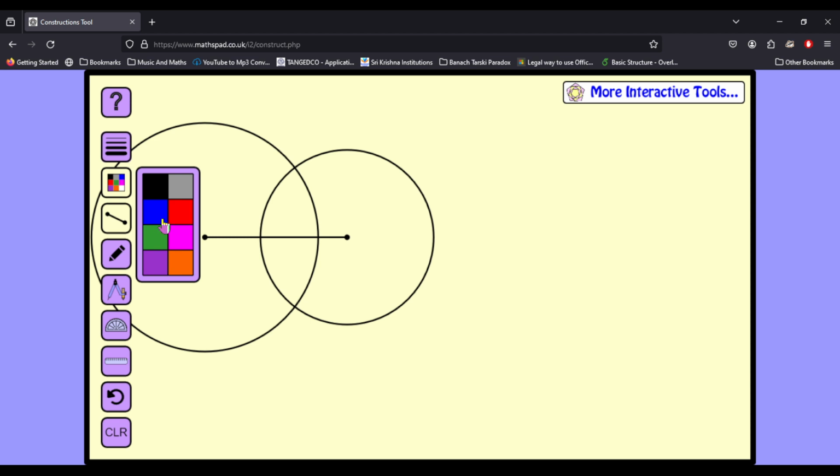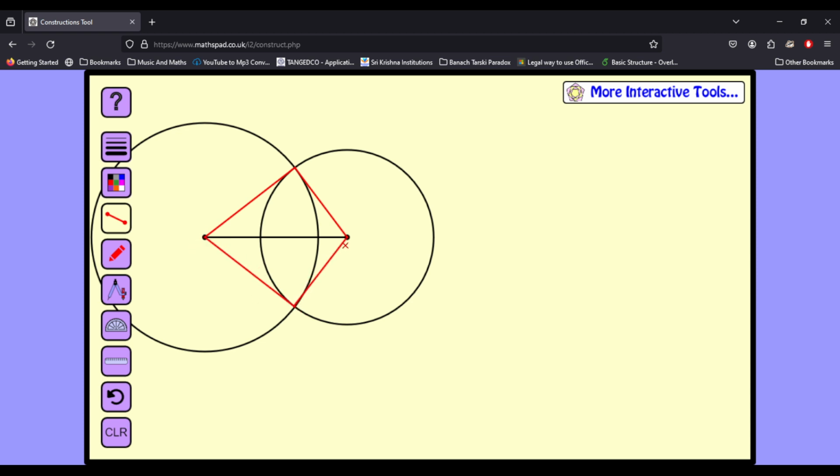Let us see. So I'll join it with a red line. So this is one triangle. So I've got the third corner of the triangle essentially. So this is maybe one triangle, and this is another triangle. But do you see what's interesting here? If you just look at this triangle,